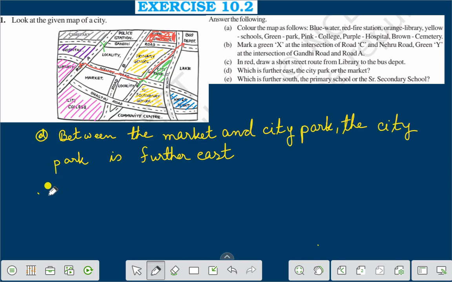Now question number E. The question is, which is further south, the primary school or the senior secondary school? Here, the primary school is here and the senior secondary school is here. Then we can say between the primary school and the senior secondary school,